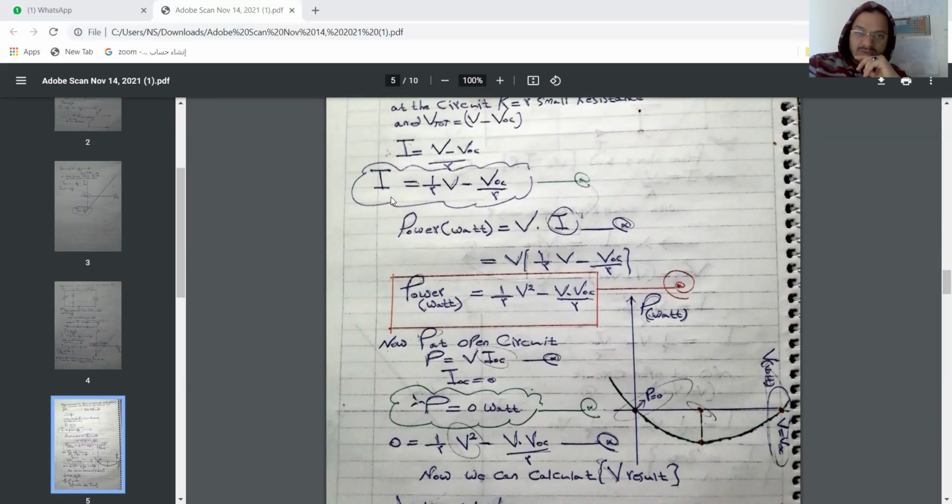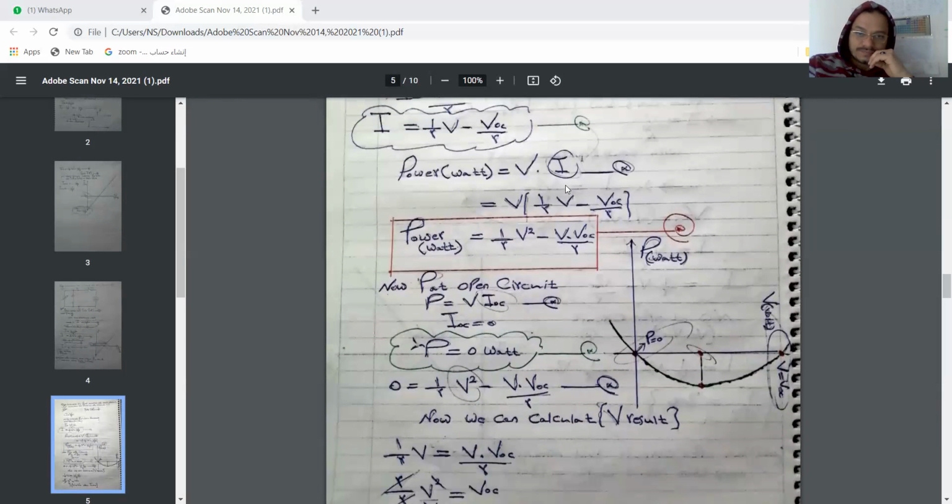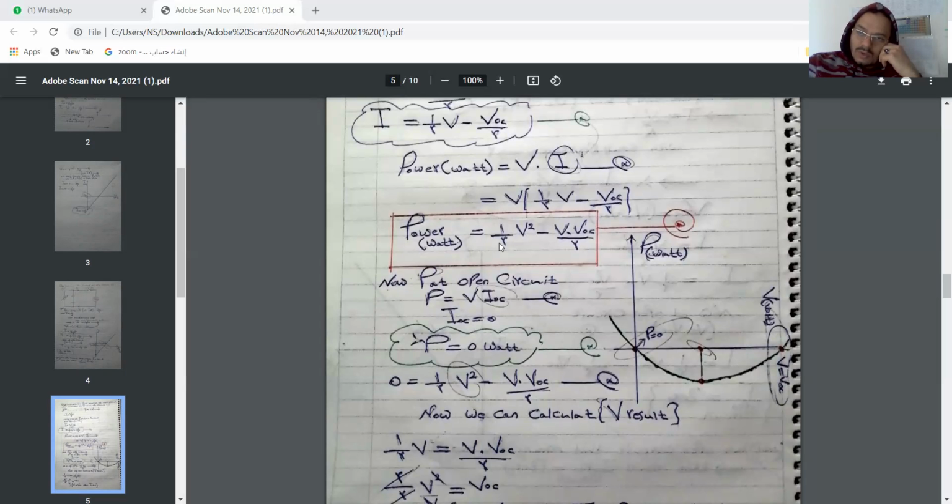We came back to the same general important equation. After that, we can say power equals V times I. That means V times 1 divided by r times V minus VOC. Power equals 1 over r times V squared minus VOC over r